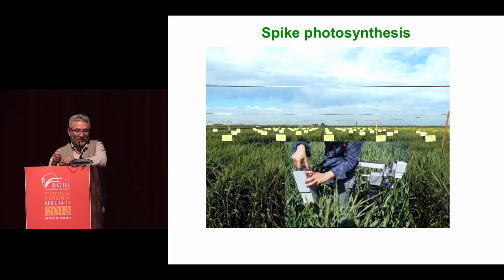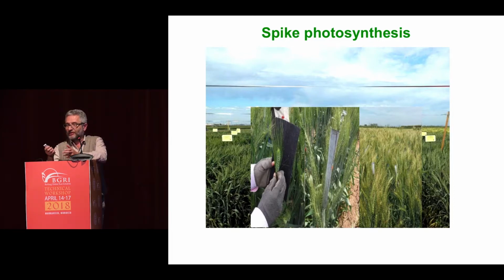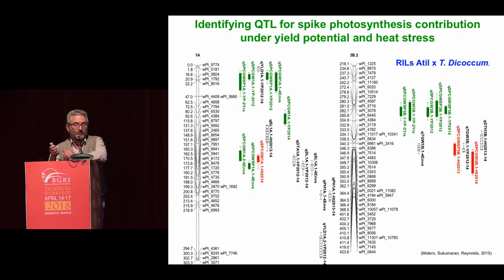Typically you use gas exchange. What we did in this case was to estimate it indirectly by blocking the light to the spikes, so we could estimate the contribution of spike photosynthesis by subtraction. And with that information, because that's a much more high throughput approach than gas analysis, we're able to show the first QTLs for spike photosynthesis. So that's just an example of an application where a difficult to phenotype trait could be overcome,